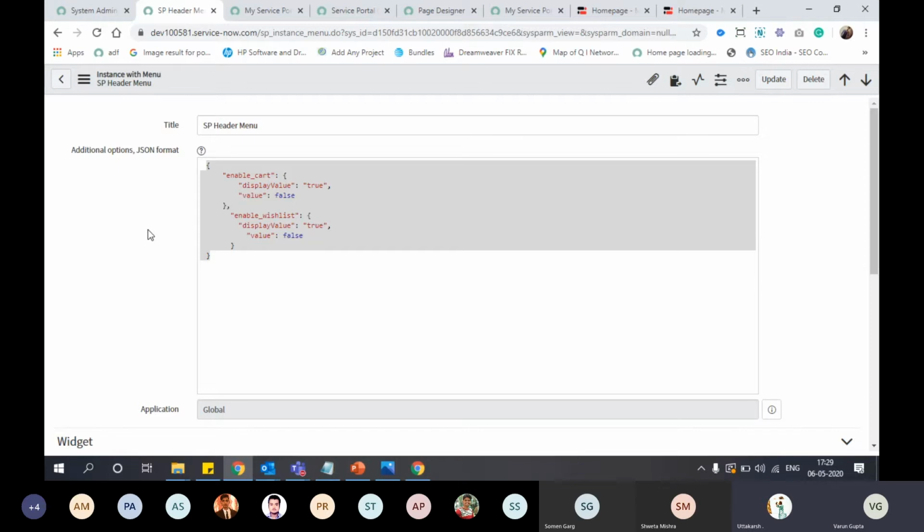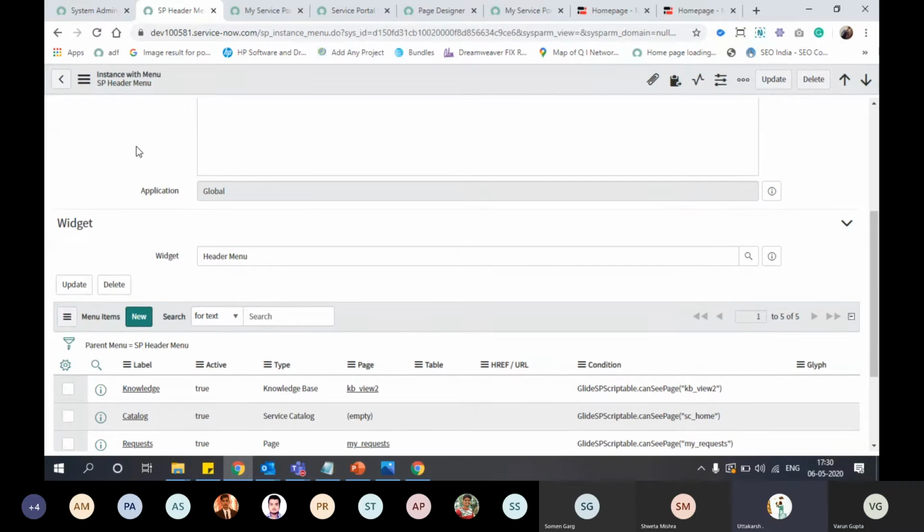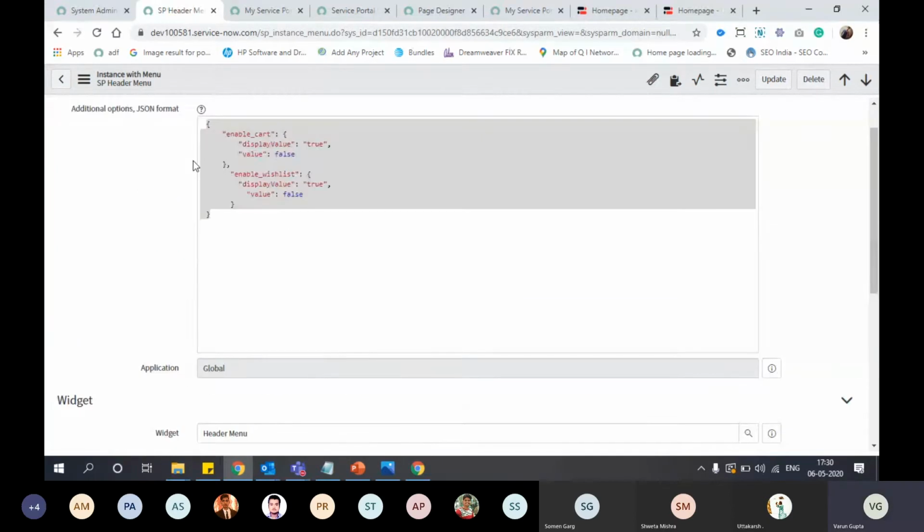Okay, but then how can we reuse this, without creating a maximum number of menus? You have to create a new menu for your custom portal. Okay, sure.